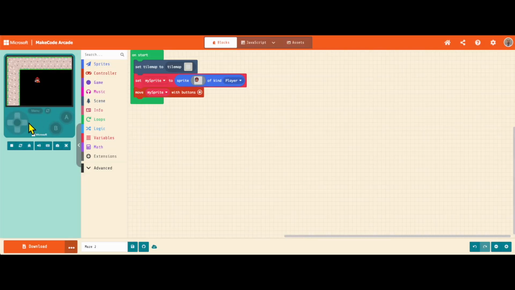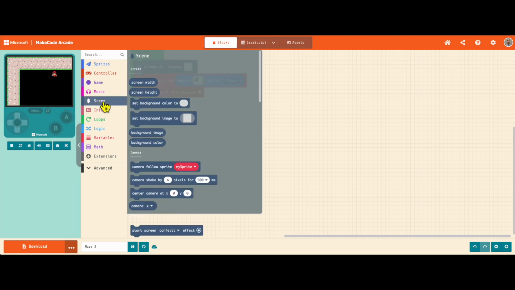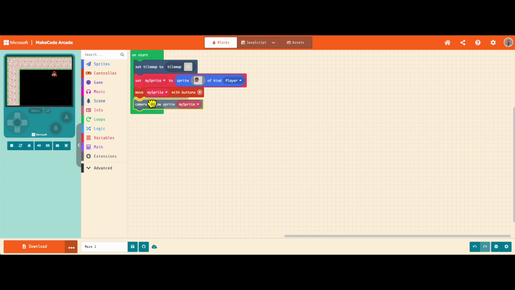So my sprite can move now with the direction buttons, but when it goes off the edge of the screen, it then gets lost. So I want to, from the scene box, grab this one here under camera. The camera follows sprite, my sprite. I'm going to drag that one underneath. So after it refreshes and I move the character around, you should see that the camera will move with the